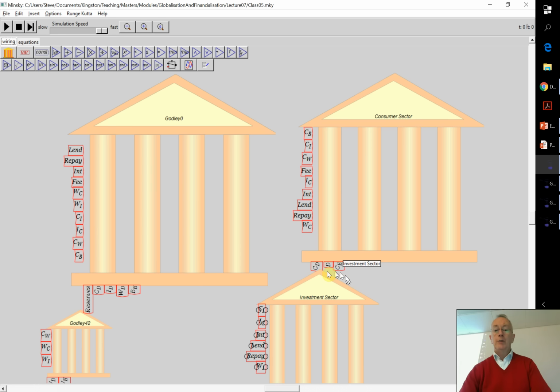So what I want to do is multiply this debt level by the rate of interest. I've got to define a rate of interest. So I'm going to type R underscore L over there, and that's going to be the rate of interest on loans. Okay, and then I want to multiply that. Minsky is the only program that does this in the field. I'm sure one of these days they'll copy us. But if you just want to type a multiply key, you simply hold down the Shift key, press the star key, which is the shortcut used in Excel for multiply, and that'll give you a multiply block.